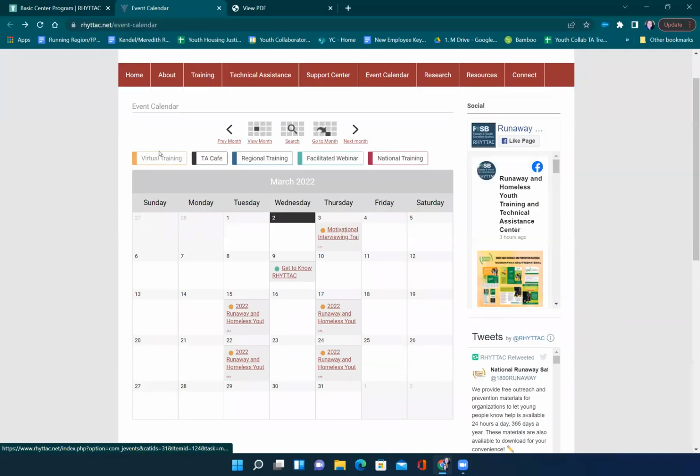So again, virtual trainings will be in orange, TA cafes will have a black dot, regional trainings a blue dot, a facilitated webinar such as Get to Know RHYTTAC will have a green dot, and our national training will have this pinkish purplish dot. You can also navigate to different months using these arrow buttons, or you can search for